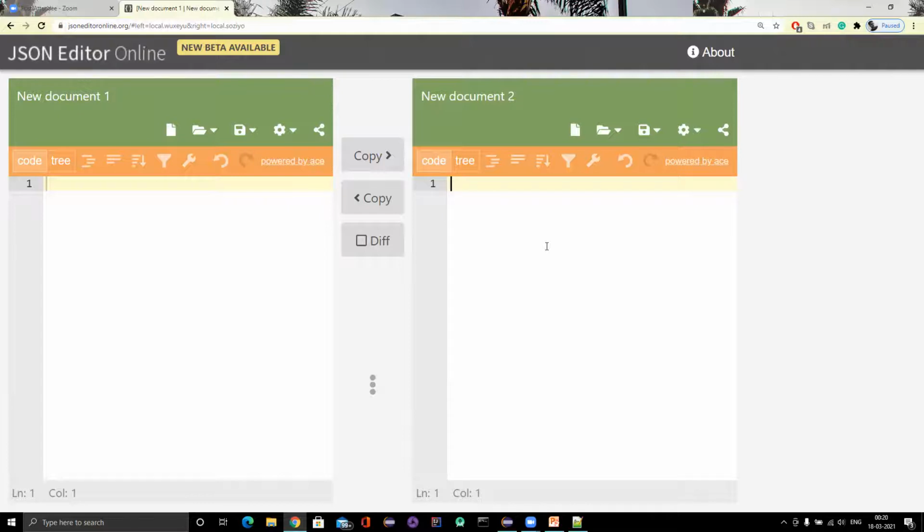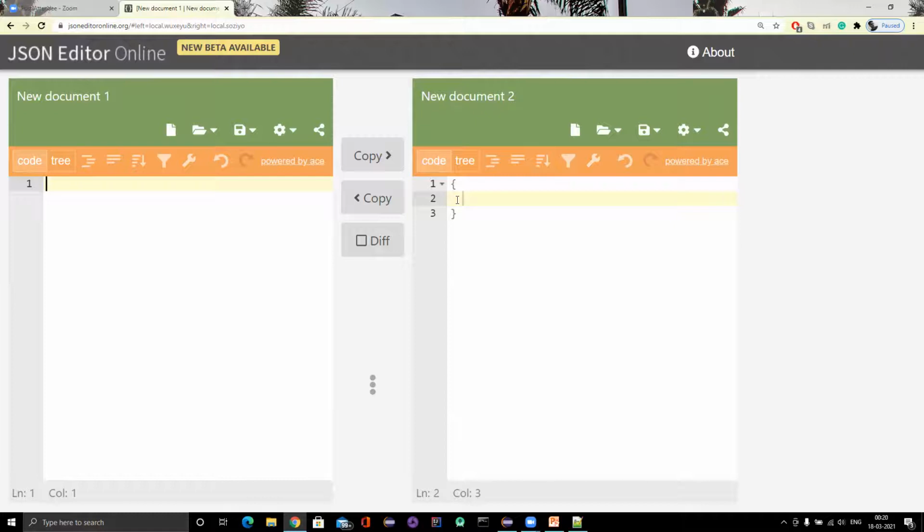Okay, I want to have a JSON document where I just want to store details of one student. So to create a JSON object, simply use two curly braces. You can type anywhere, that's not a problem. You can write it here as well. This is just like a new tab, another tab. So you need to give two curly braces.